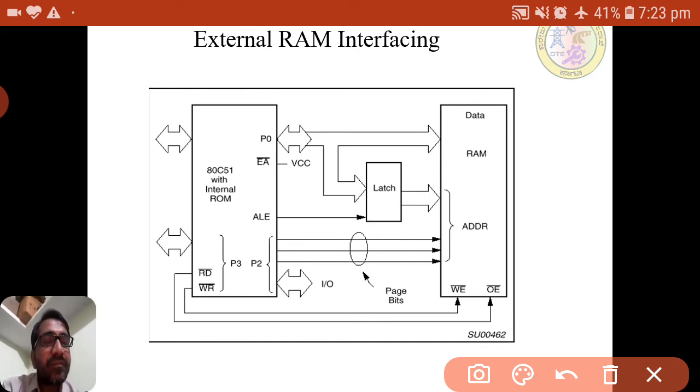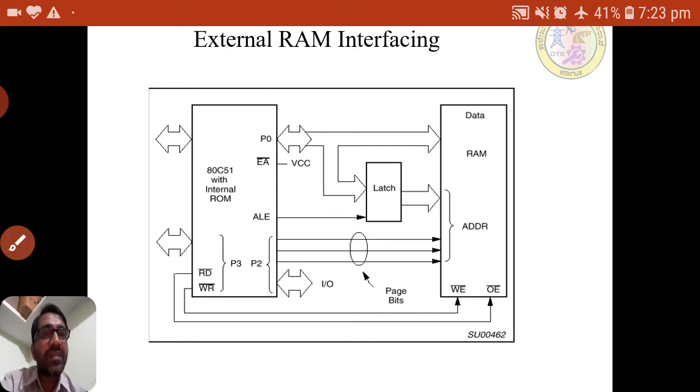Here these address lines are used, and here these address lines. Here also they have not specified any size of the RAM. Based on the size of the RAM we need to use the address lines. Rest all is the same. Compared to ROM and RAM, the change is in the control signals: read and write we need to connect with the RAM instead of PSEN. ALE, address lines and data lines are the same here.